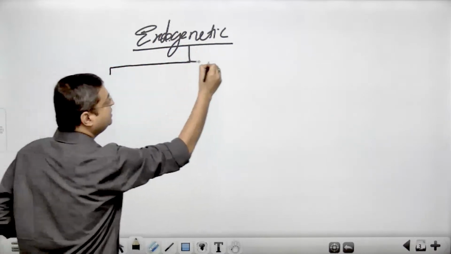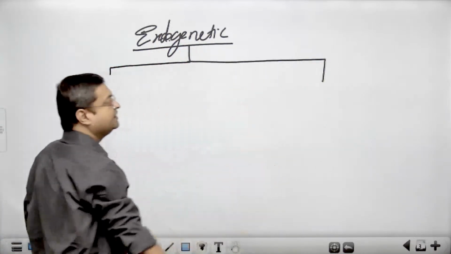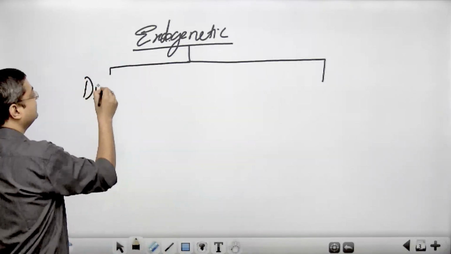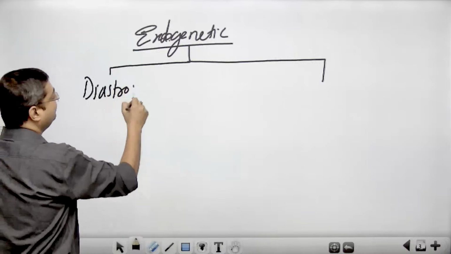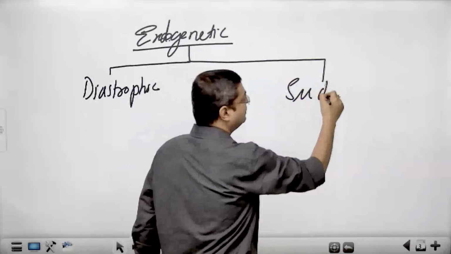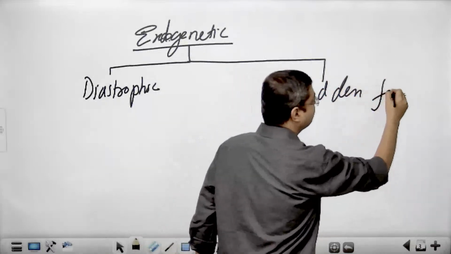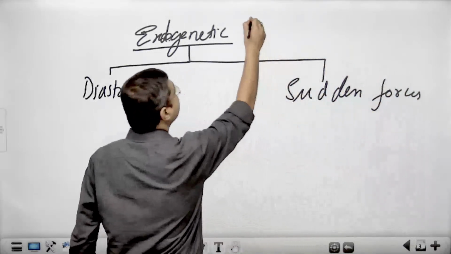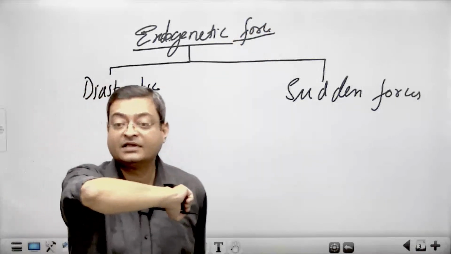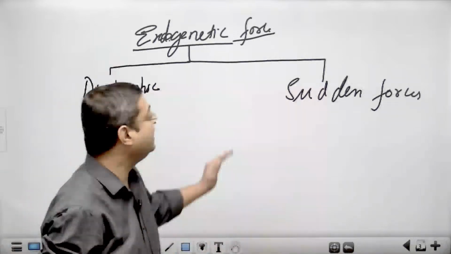So endogenetic forces are being subdivided into two, which is diastrophic forces and sudden forces. Diastrophic and sudden,